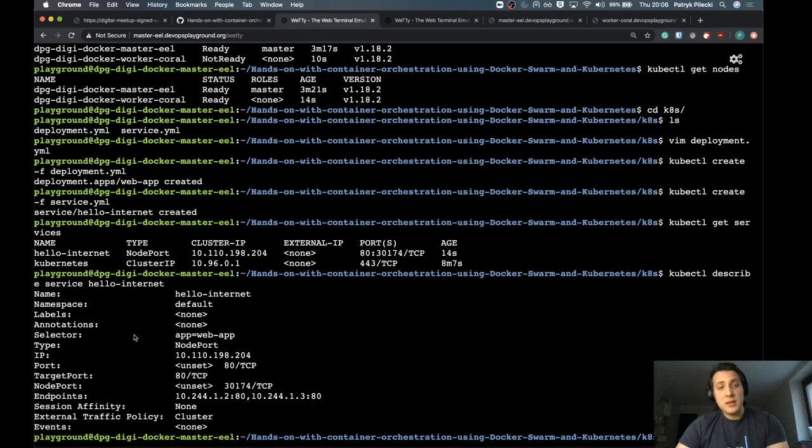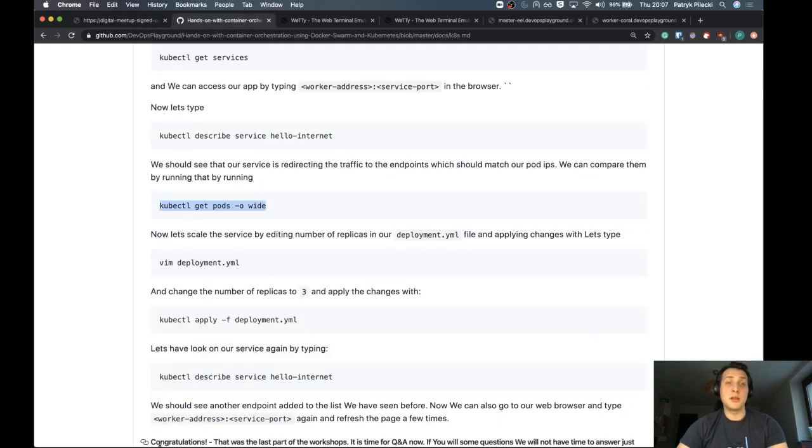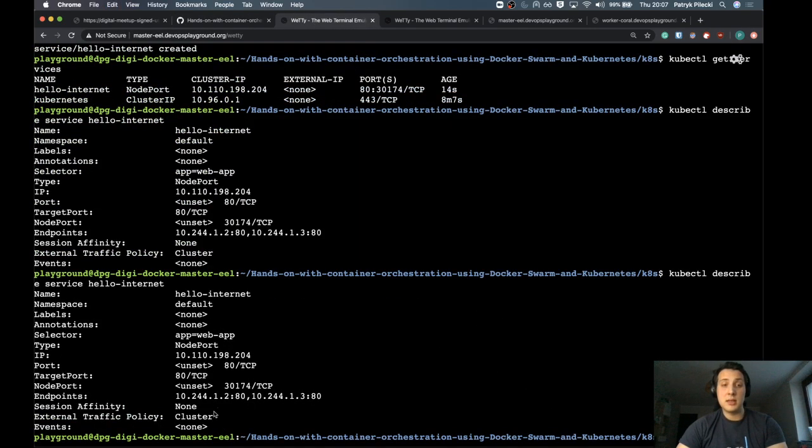So we've got a bit more details, obviously the name. Well, we didn't set up any namespace or any additional labels. We've got the selector, which is important for us, and what type of service it is. Also, as you can see, we've got a familiar IP CIDR, and we've got those two endpoints which are attached to this service. If we have a look at our nodes, by just grabbing the second command, kubectl get pods -o wide, and we type it on our node, we can see that